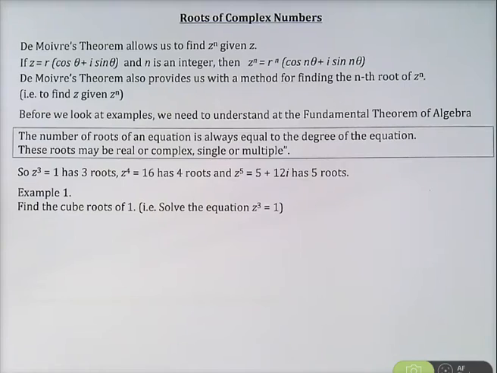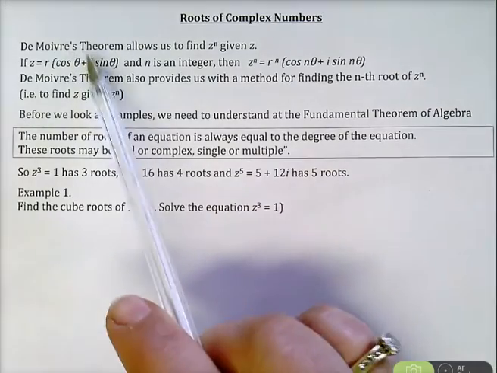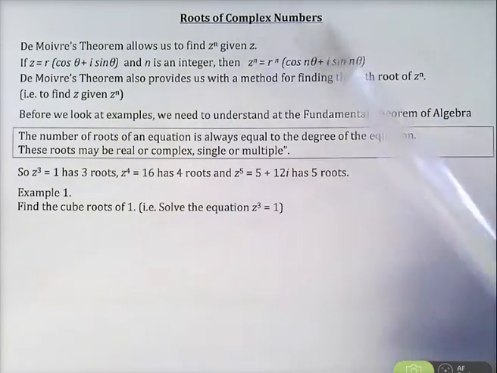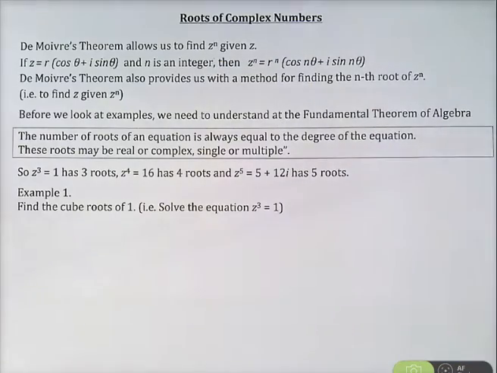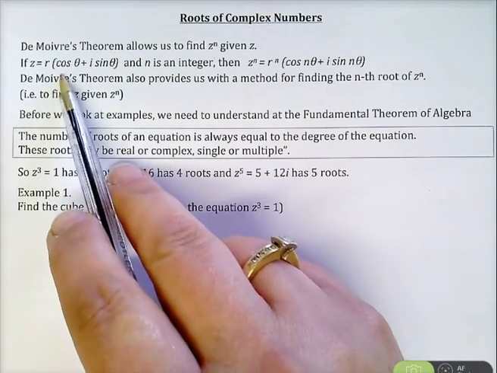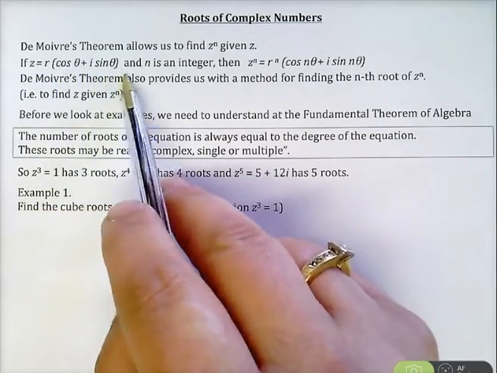Continuing here from page 46, roots of complex numbers. Now, de Moivre's theorem allows us to find a complex number to the power of n, so z to the power of n, if we're given the complex number z. Now, we know that if z equals r cis theta, which is cos theta plus i sine theta,